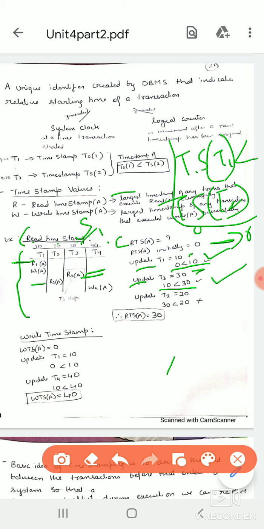Next read is here in T2, which has the value of A as 20. But Ti was 30 and now the new Tj is 20. Is 30 less than 20? This is wrong, we can't update. This is not a valid instruction, as it is not satisfying our formula. So we stop here. That means the last read instruction executed is in T3, not T2.